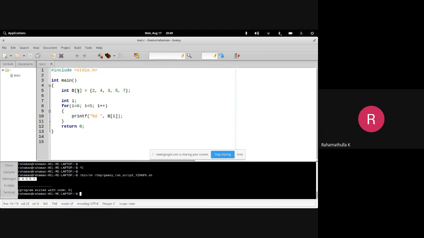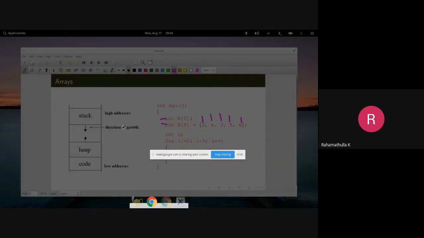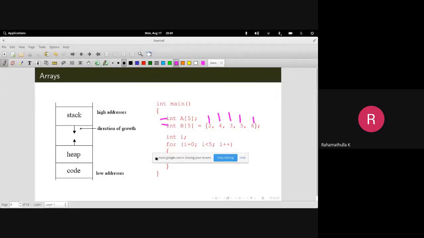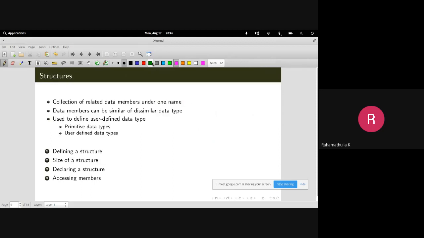So what I'm trying to say is this: this is how we declare an array, and this is how we access each element. These things you already know. So this is just a review of what you have seen. So that's all about arrays for the time being. We'll see more about arrays while we discuss the binomial representation and the sparse matrix representation, etc.